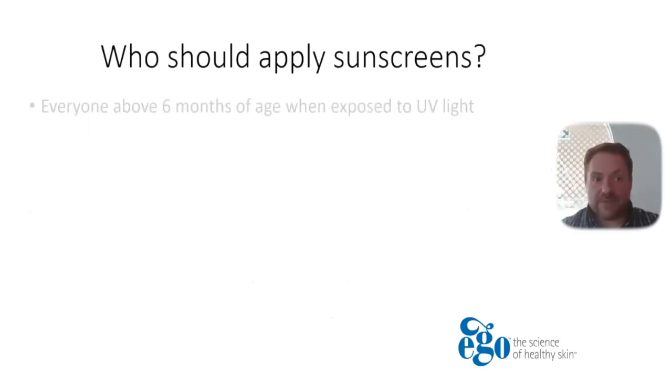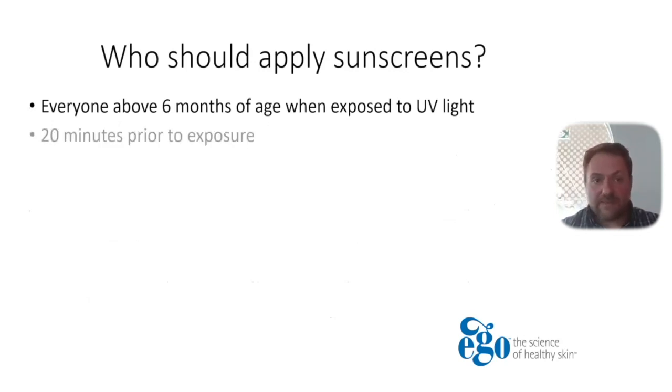So who should apply sunscreens? Everyone above 6 months of age when exposed to UV light, 20 minutes before exposure, and that is often the tough spot. We know from real world evidence that that doesn't happen. It's difficult to enforce, but it is indeed the best way to make sure that that film on top